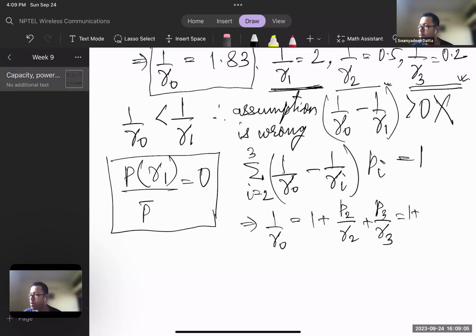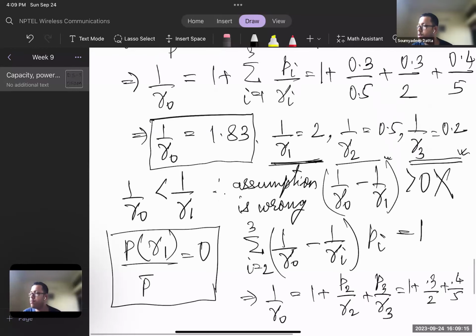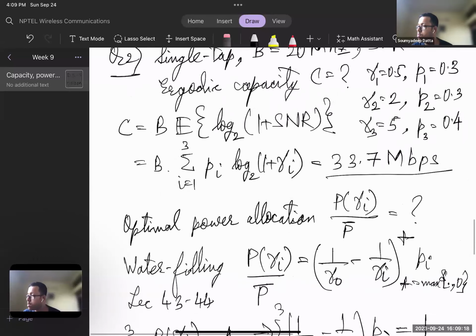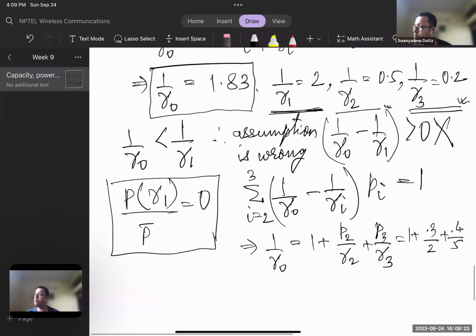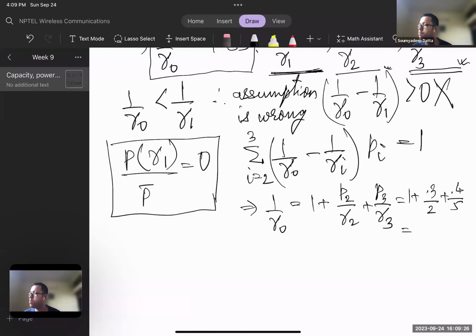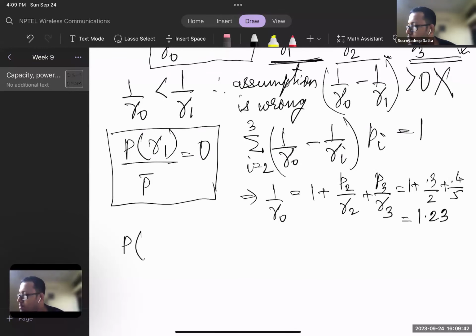So this will be 1 plus 0.3 by 2 plus 0.4 by 5. P2 by gamma 2, P3 by gamma 3. So 0.3 by 2, 0.4 by 5. And so this will give me how much? 0.23, so it will be 1.23. Fine. So now I can compute P of